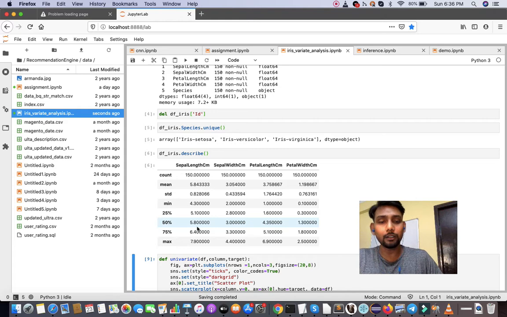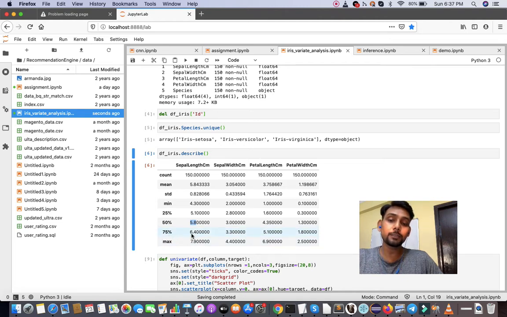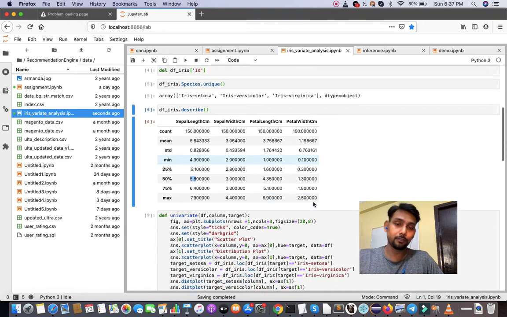It's the middle point, not the mean, but the median. It means 50% of the data is below 5.80. 75% is 6.4, I mean 75% of the data is below 6.4 centimeters, right? And the maximum value we have is 7.90, and so on for every feature.